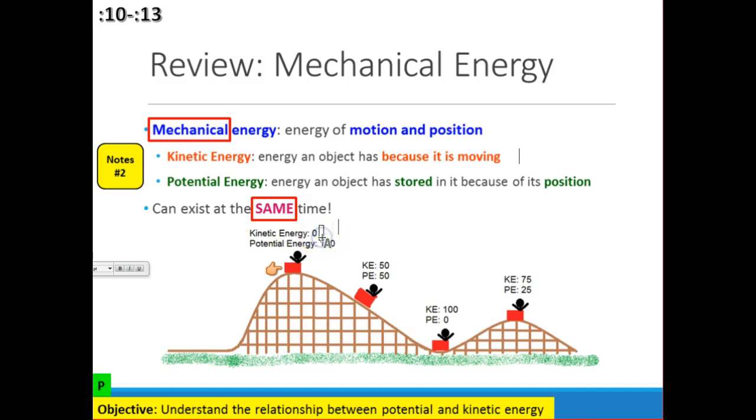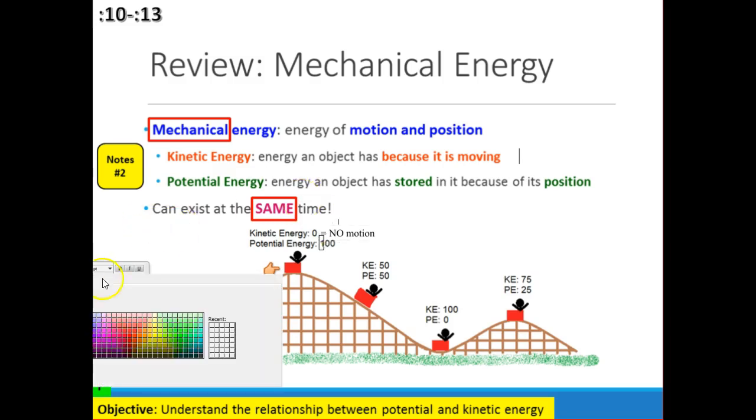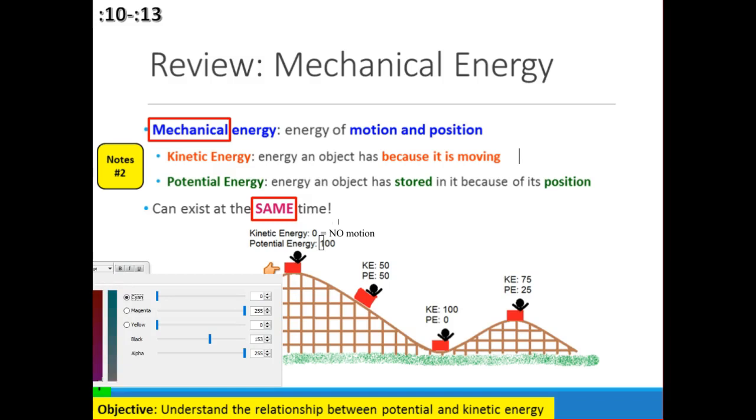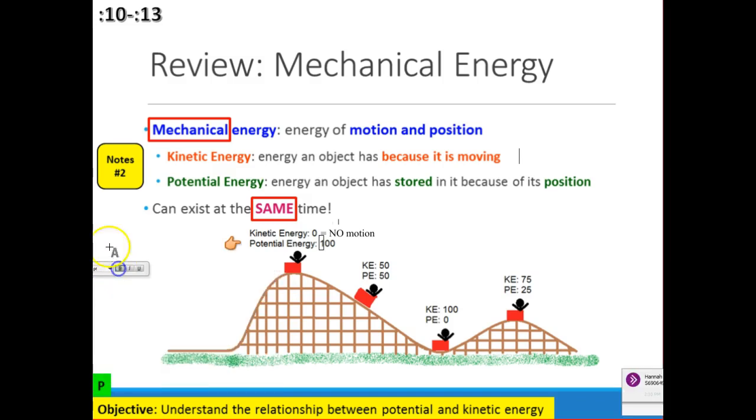Well, what do we have a lot of right here? What kind of energy do we have? It's the energy of position. What is that called? In the chat box, please. What is the energy of position? Think of it as the energy of height. That's right, it's potential energy. You got it. And so it's stored energy.